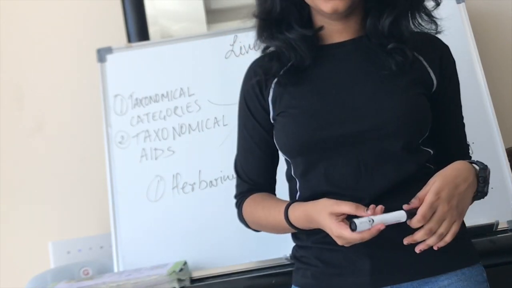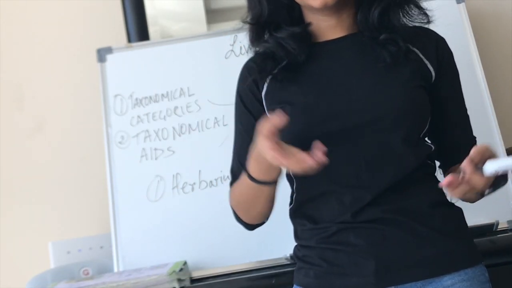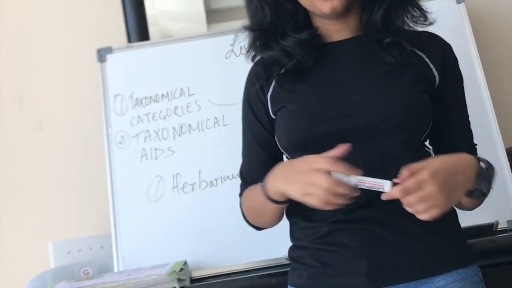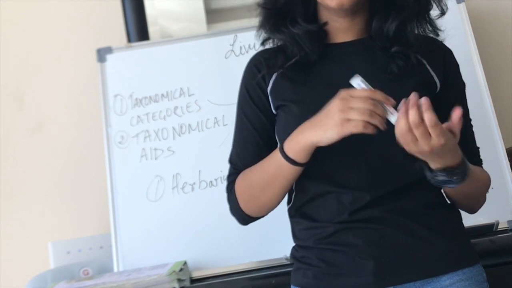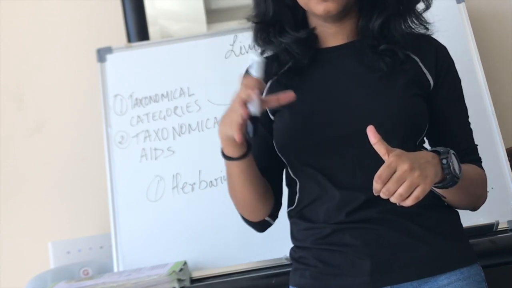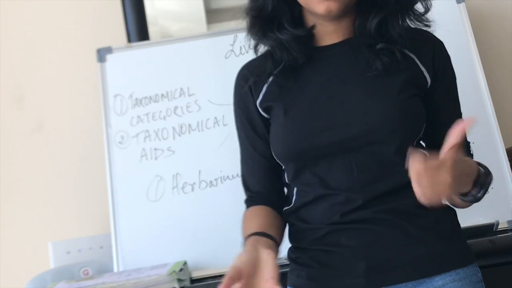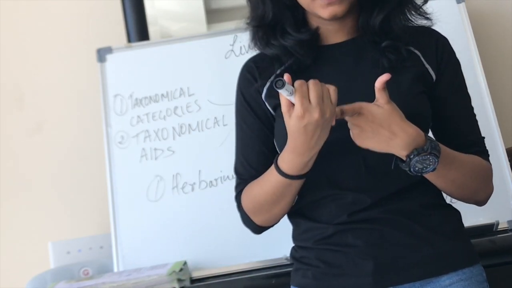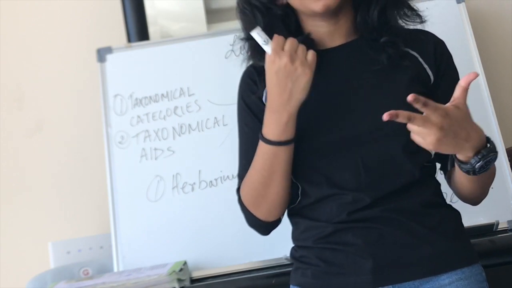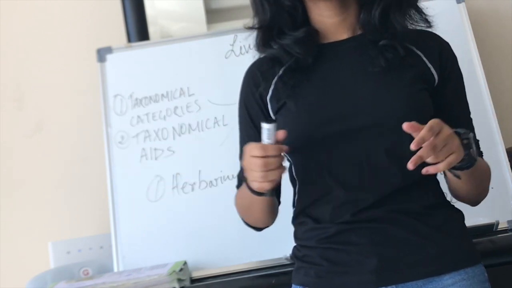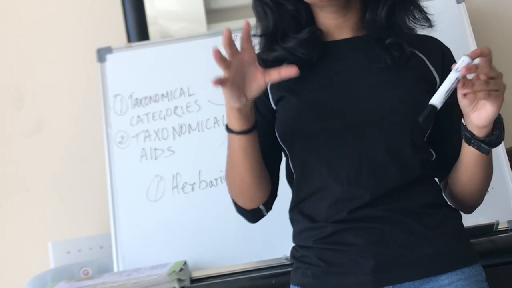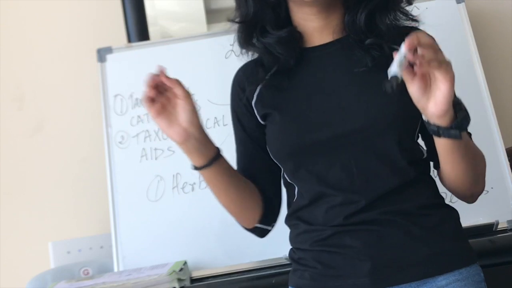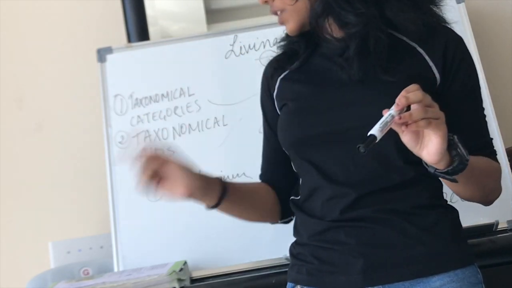Alright, questions from herbarium are what is actually written on the herbarium sheets, and according to NCERT, all you have to remember is the date and place of collection of the particular specimen, the name and family of the collector, and the English, botanical, and local names of the given specimen. Also, they might ask you which of the following taxonomical aids are used as a quick referral system. Quick referral system is always herbarium.